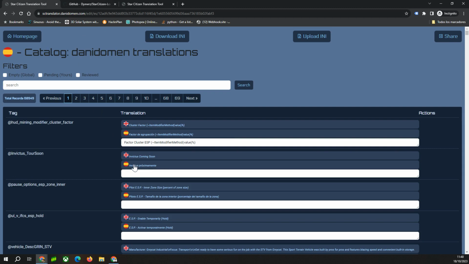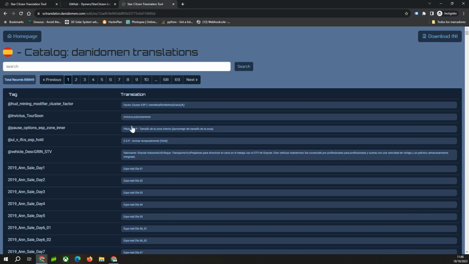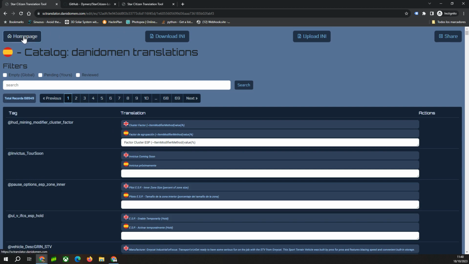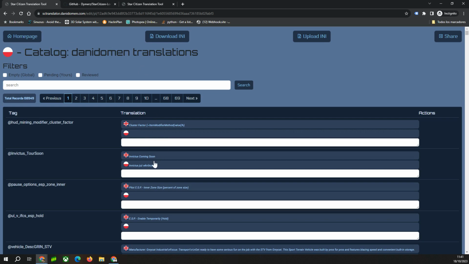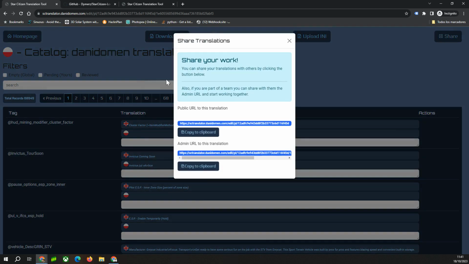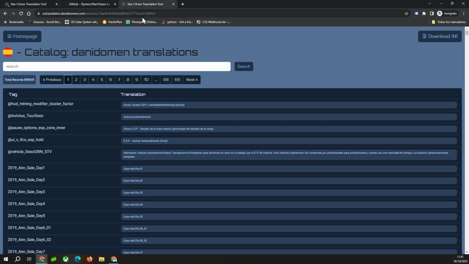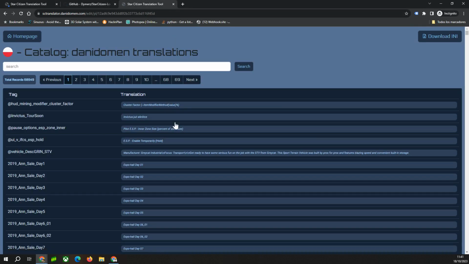For example, here the language is downloaded because I didn't put anything in particular here. So the language will be downloaded. But for the Polish one, for example, that doesn't have anything for this language, only this one, if I share and copy and put this, it downloads the English one, the original one.